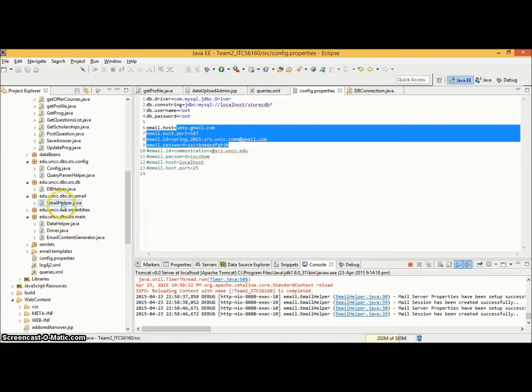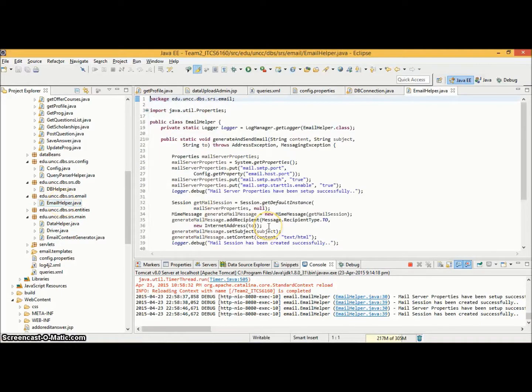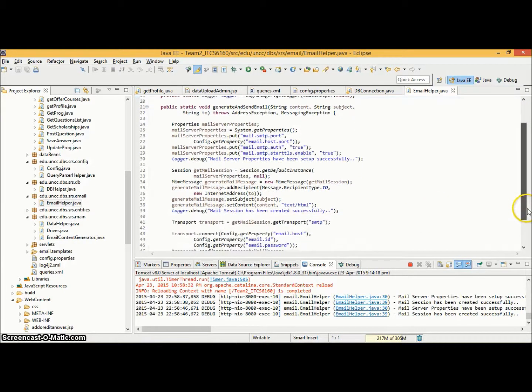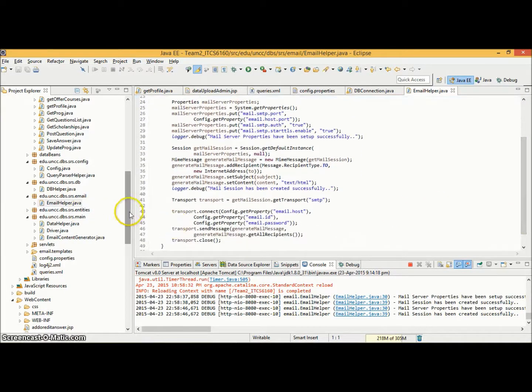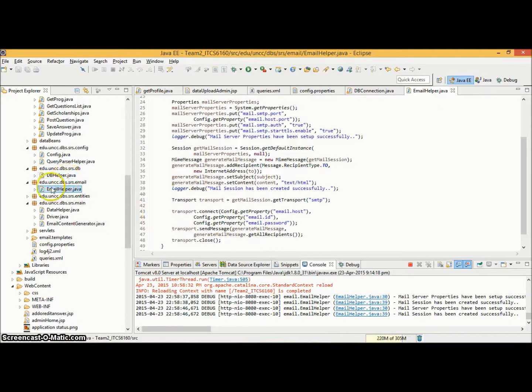There is an email helper which is tasked with establishing a connection to the SMTP server, and generating content for the email is handled by the email content generator.